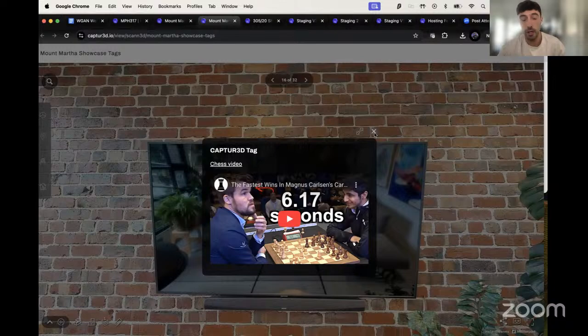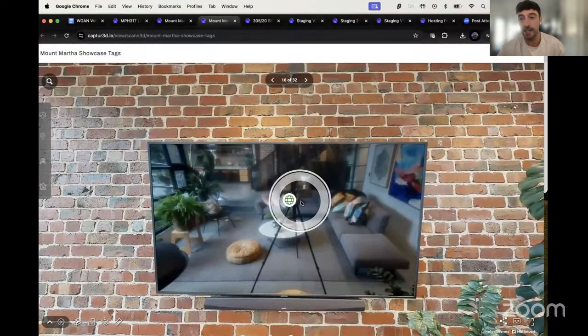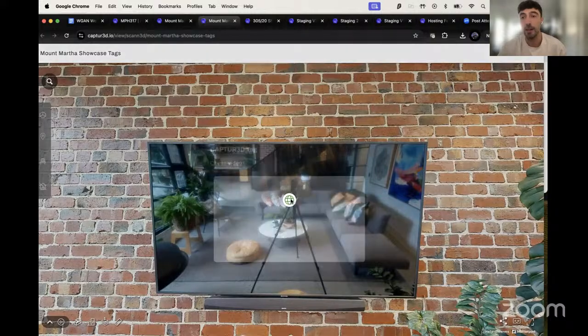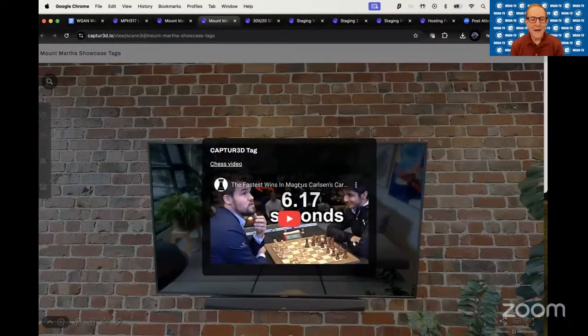And so you can open up captured tags to get not only the view of the tag, so when either the tag is clicked or hovered on, depending what setting you have to open the billboard, it registers that, but I may have done you a disservice on that use case, because with Captured, you could actually put a video screen up on that wall and have it play natively within the Captured environment.